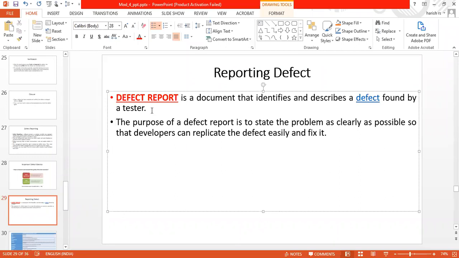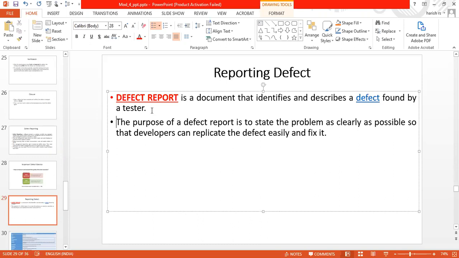What do you mean by replicate? When there is communication between the tester and the developer, there is an intermediate person in between. If that intermediate person does not communicate the clarity of the defect properly to the developing team, then the developer team cannot fix it. So he has to communicate properly. Instead of verbal communication between the two persons, they can have a document, which will solve n number of problems.